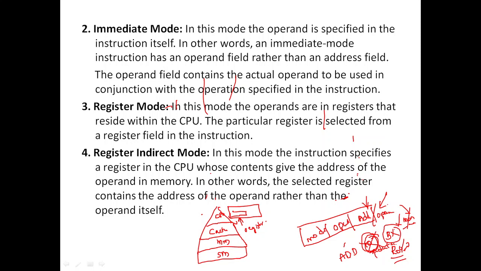But the capacity of the register is very small when compared to all other memories, and the registers are very expensive. That is the reason we do not use registers very much. Because of the small amount of space, we are not going to use the registers extensively. But where do the registers reside? In the CPU, some space is allocated for the registers in order to store the data temporarily. Register mode, in the sense, when the data is stored in the registers, then we say it is a register addressing mode.